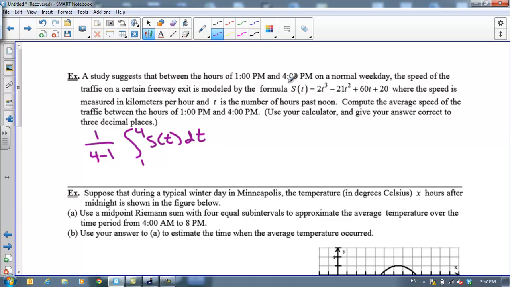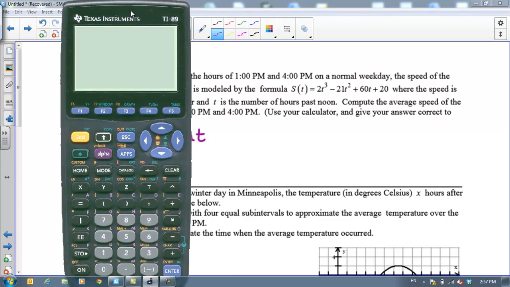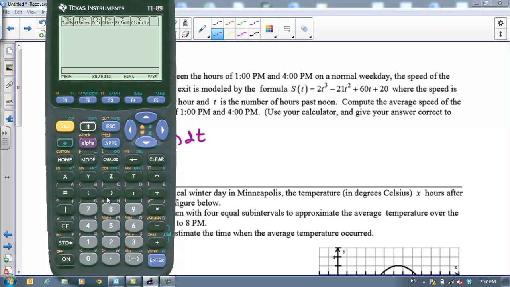So the average height would be, that equals the average value, and we're supposed to use our calculator for this. So I have one of those down here. Let's drag it over here. So I want to do 1 divided by 3, times the integral